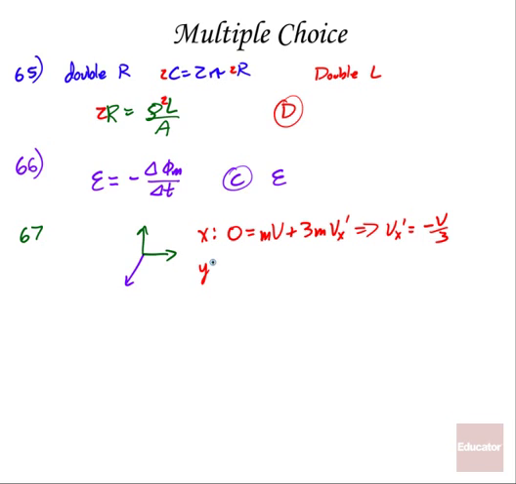And if we did this in the y direction, we're going to get the same math, only to find out that vy prime equals minus v over 3. Could do that by symmetry as well. So what's the total v prime? Well, to do that, we have to realize that our x